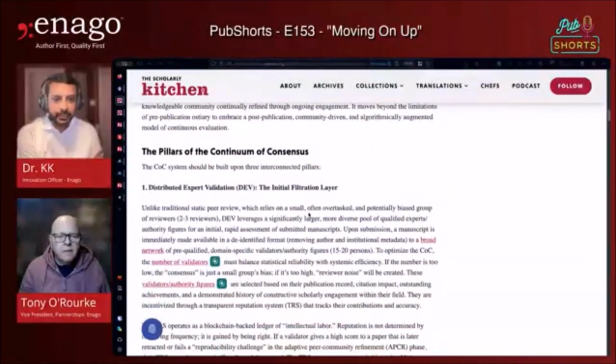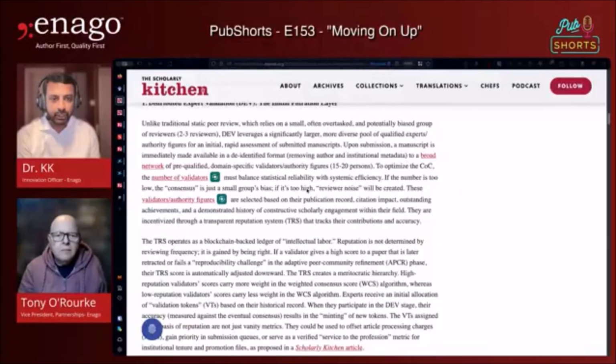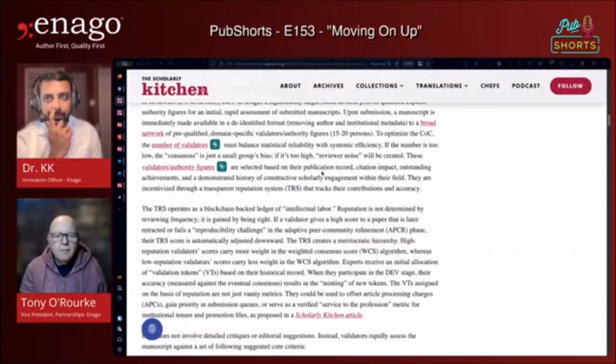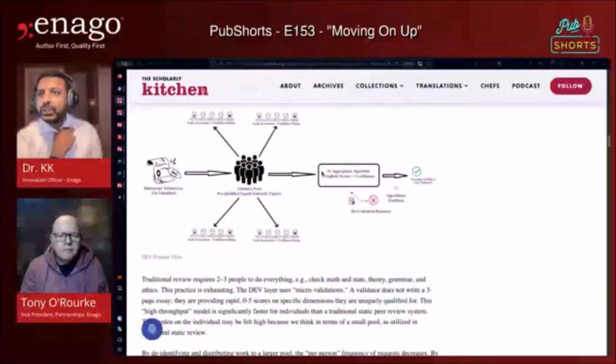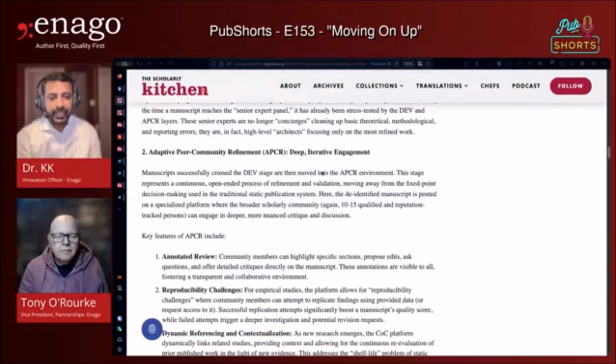This is distributed expert validation, where a large pool of experts rapidly assesses submissions based on specific criteria. And this differs from traditional review by using more reviewers and a different scoring system. And the second pillar is the adaptive peer community refinement, which is APCR, and this